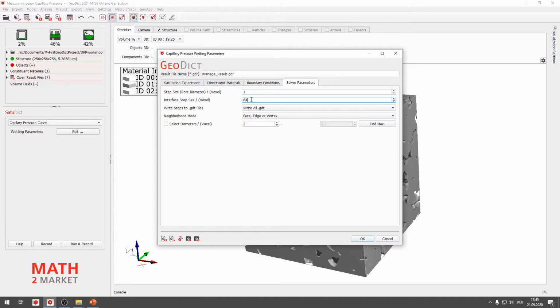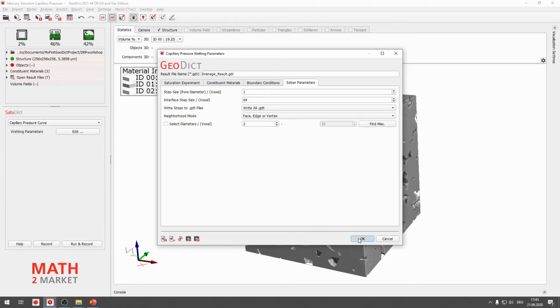Okay. The interface step size is only relevant for when using the new pore morphology method. So we don't have to change this here, it just gives the maximum step size that the fluid will advance when using the pore morphology method with a dynamic approach. Okay, we can also leave the other ones here at the default.